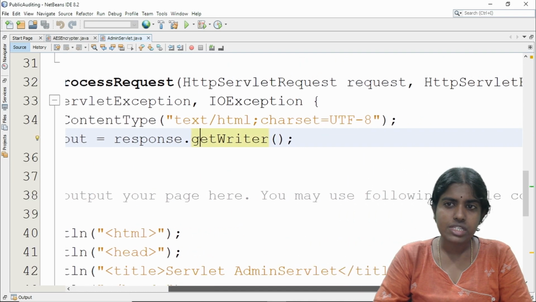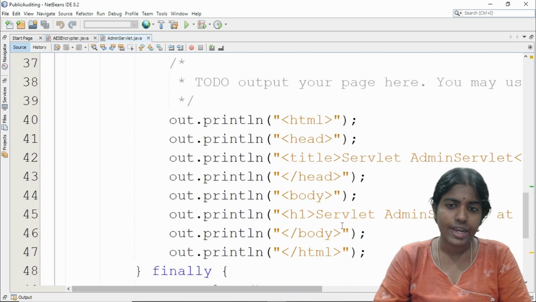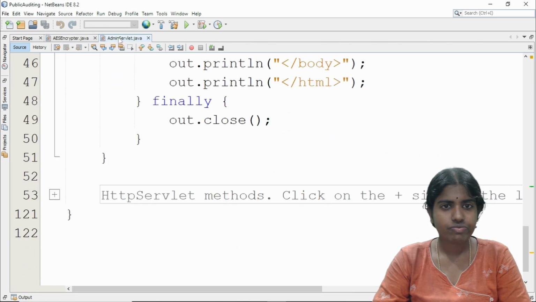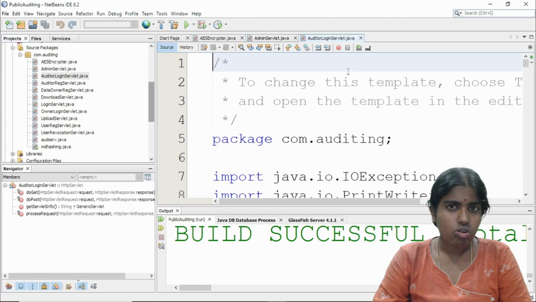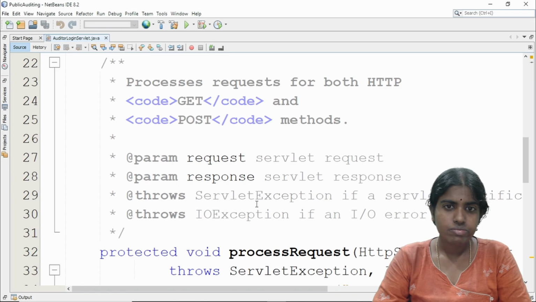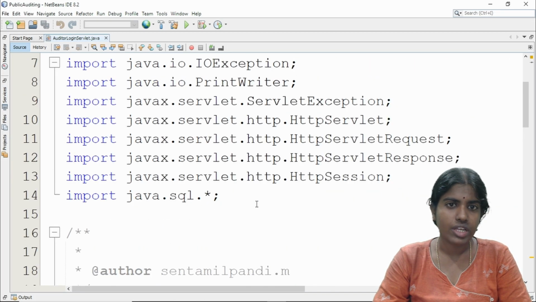Response.getWriter: for example, I am calling this inbuilt function called getWriter. And I have this auditor login servlet. You can see here, processRequest, I have this auditor login servlet.